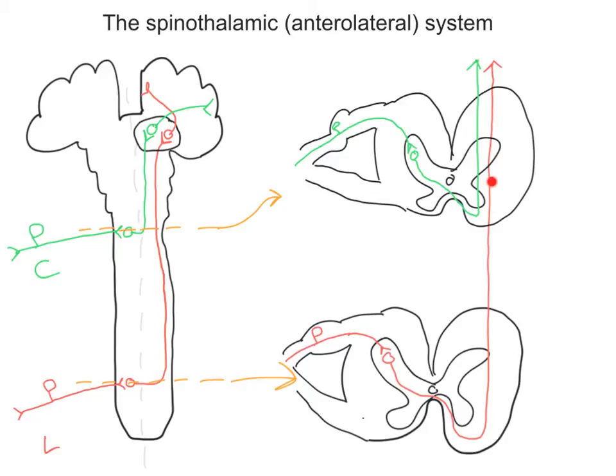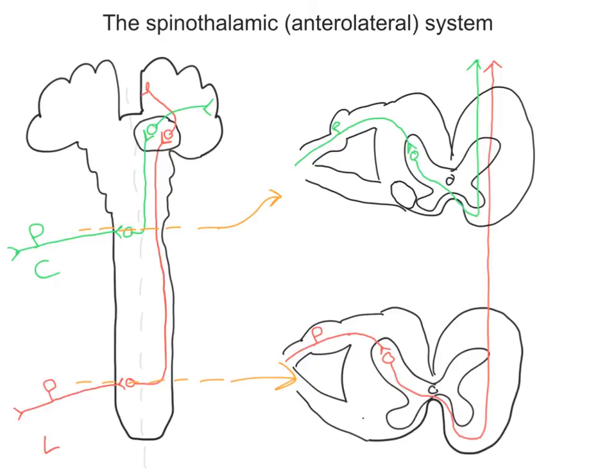In red, we've got the spinothalamic axon carrying information from the lower half of the body, and in green, we've got the spinothalamic axon carrying information from the upper half of the body. So you can see, as you progress up the cord to successively higher levels, axons are added on medially to the medial aspect of the spinothalamic tract. So if we draw the outline of the spinothalamic tract, which is roughly in this region here,